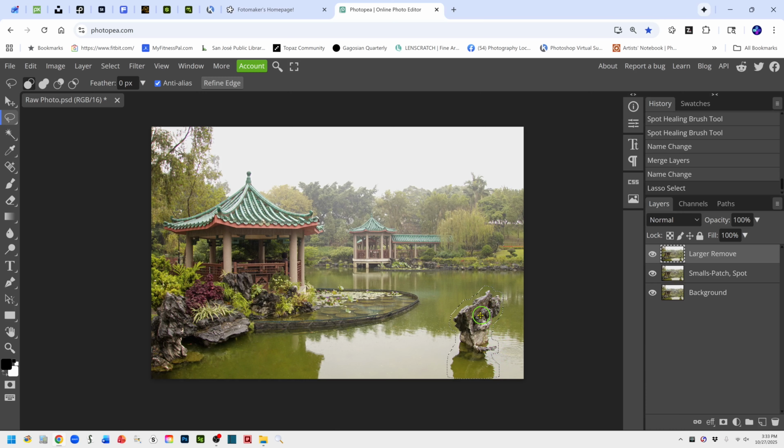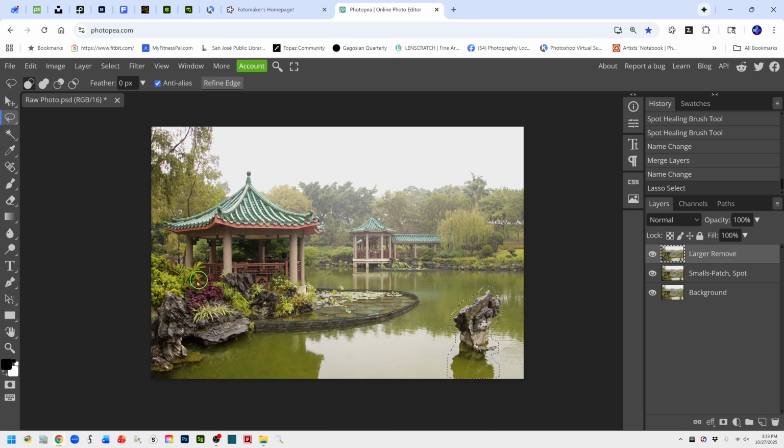All right, and again, this is something that's a little different than Photoshop and Affinity. You do see the dashed line selection when you make selections here in Photopea, but in Photoshop and Affinity Photo, we typically refer to them as marching ants because it's animated and it looks like the little things are marching around. This is just static dashed lines, but you can still see that you have a selection around the rock and